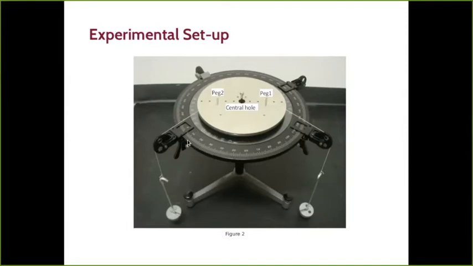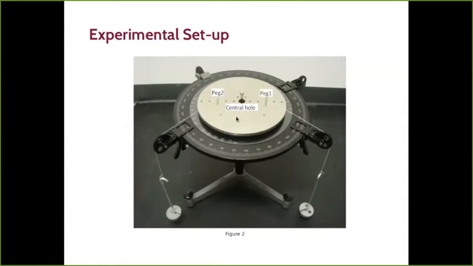So in fact, as you can see, there are actually three forces here. One is F1, which is the weight on one side. The other weight is F2. But if you think about it, if there are only these two forces acting, then this should move this way. But it doesn't, because this central peg exerts a normal reaction force in the opposite way that balances the force due to these two, F1 and F2 forces. So we have three forces acting here, and hence three torques, no matter what